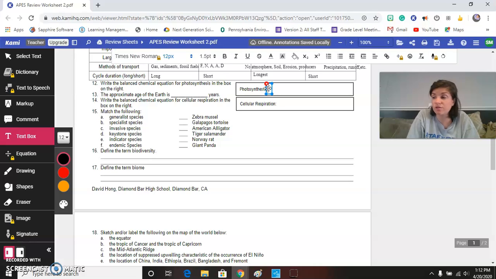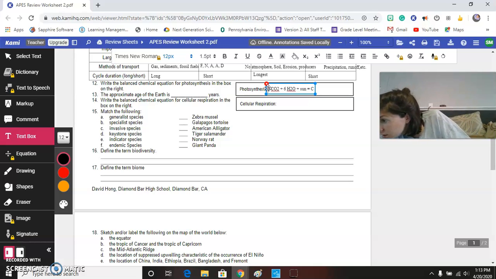So photosynthesis, this is, again, equal, or I already went through and made it even. So you need 6 carbon dioxides plus 6 waters. I can go back and I can make these better. Plus the sun. It's going to give you